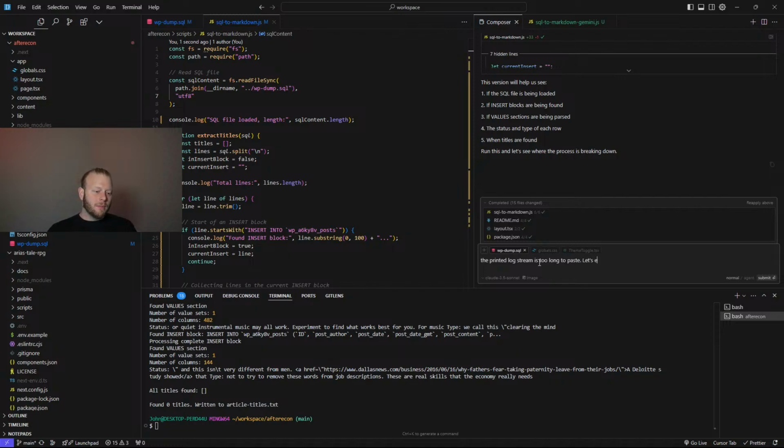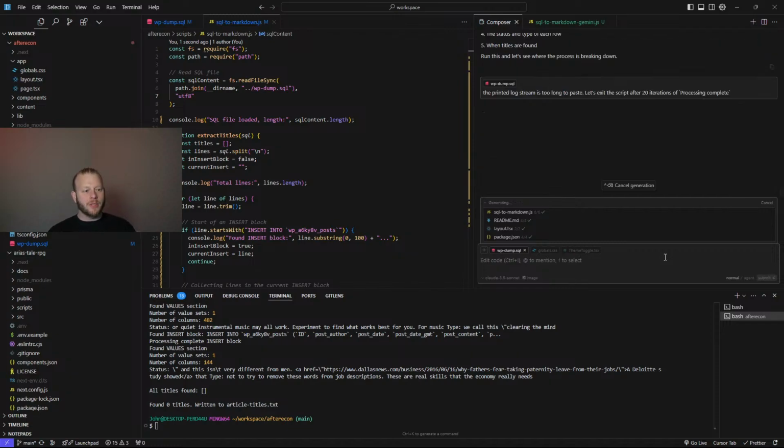Let's exit the script after 20 iterations of processing complete.